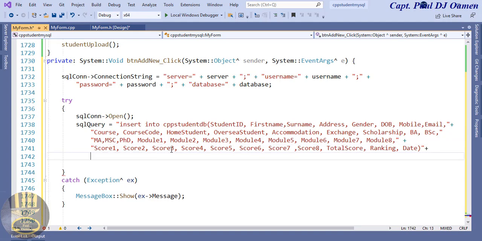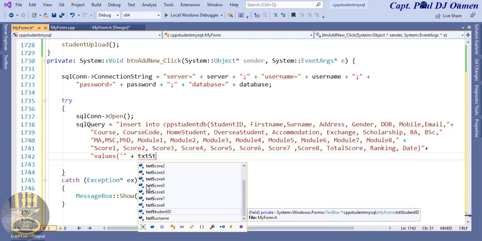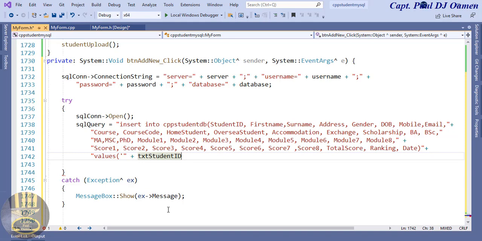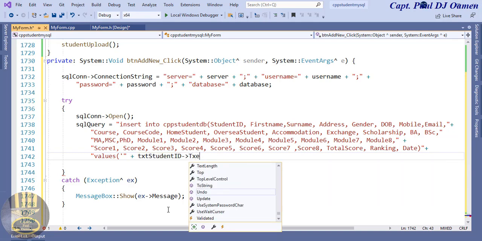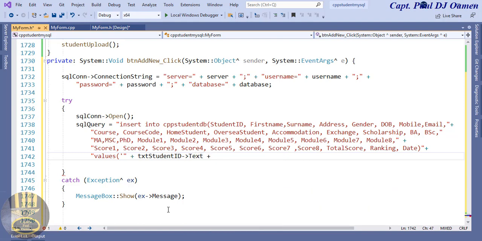For the values, we then enter value equals as follows. Do that again. Okay, the very first value, that is txt student ID. There, dash to text. That's my very first value. And we just say plus speech mark apostrophe. There should be a comma in there. Plus,